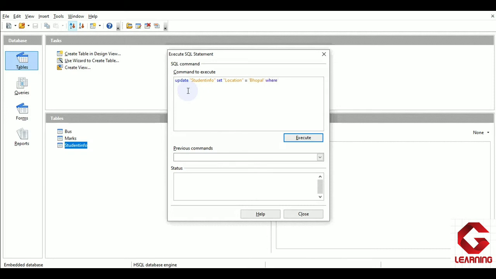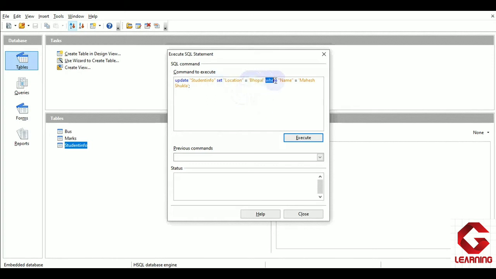So where name equals to Mahesh Shukla, and just to end this update statement we have to enter a semicolon at the end. As we have to change the value of one cell of the table, we use the update command, thereafter in the double quotes the table name in which we want to make the change, after that set, then we write the name of the column in which we want to make the change, and the new value that we want is Bhopal.